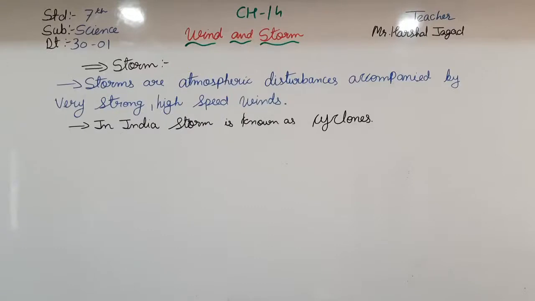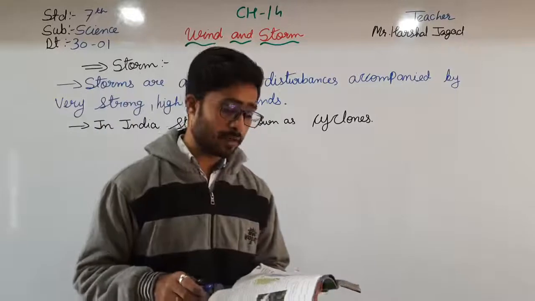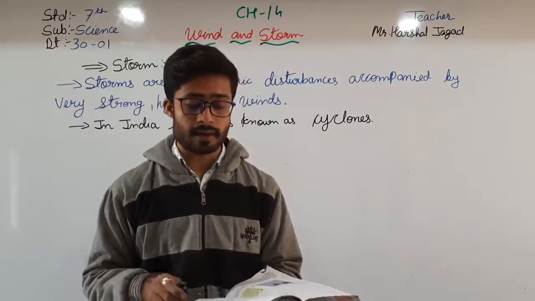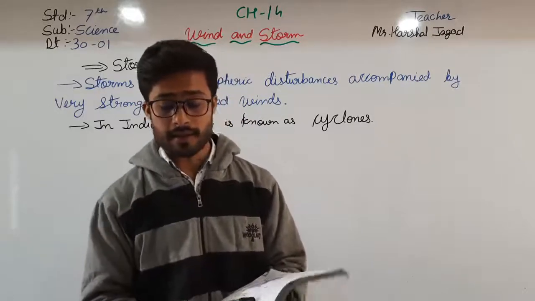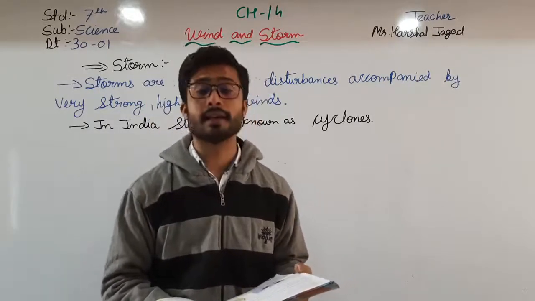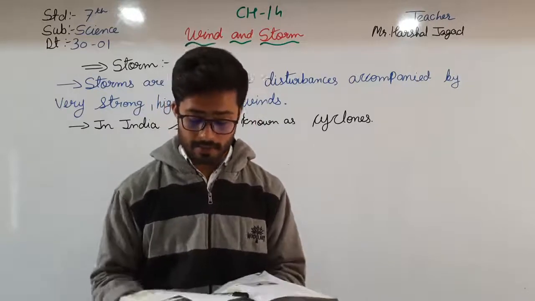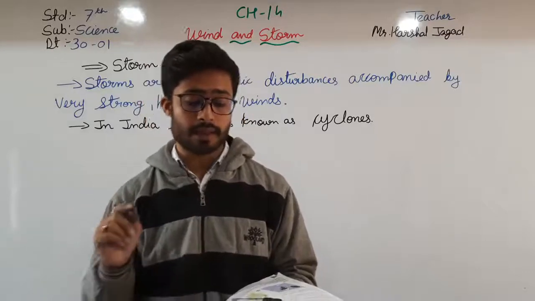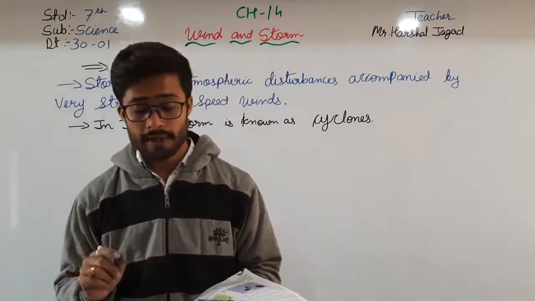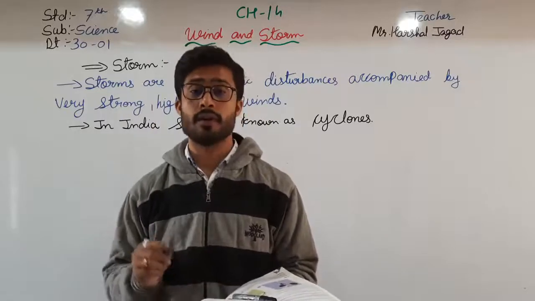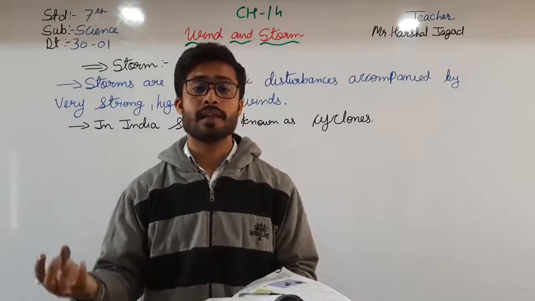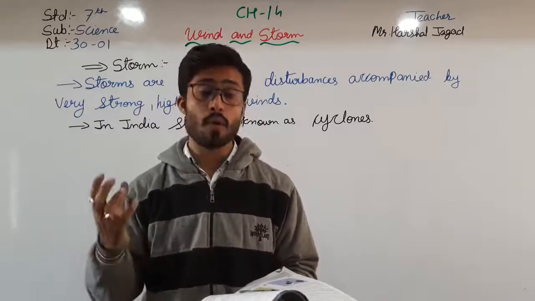Here you can see another thing which is given, that is the main topic, cyclone. Cyclones develop over the ocean near the equator where the water is warm. Here is a simplified explanation of how they occur. Let us see step by step. Step number 1: warm air over the ocean rises, leaving behind a region of low pressure.